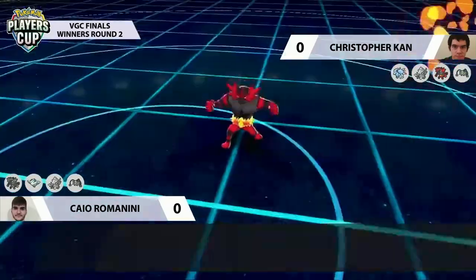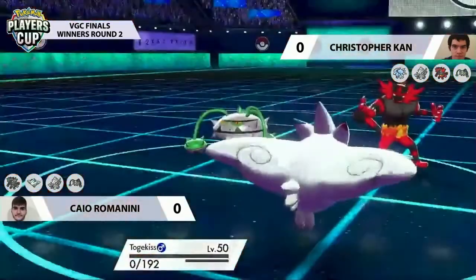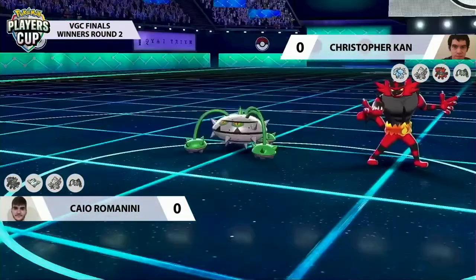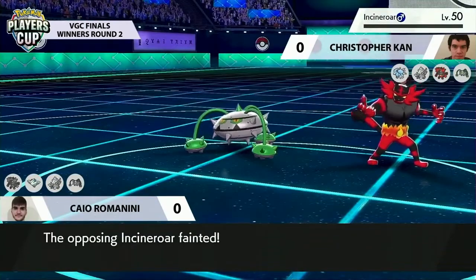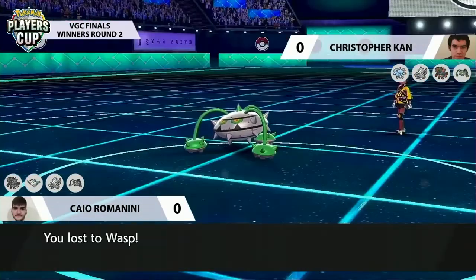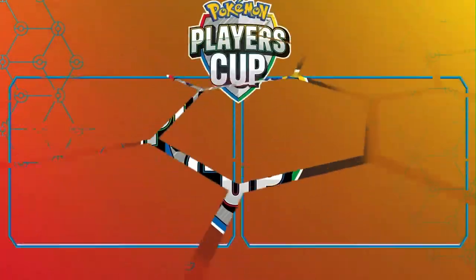So, the fact it's been able to hang on twice is so clutch. Oh, and Ferrothorn avoids the Air Slash, too. I think Caio was really hoping for the flinch there or just to buy himself some time, but that last Flare Blitz from Christopher is going to be enough to knock out Caio's Togekiss. Christopher takes this game 1. This Incineroar finally gets knocked out. It does, yeah. After being at what literally looked like 1 HP both times, I don't know,